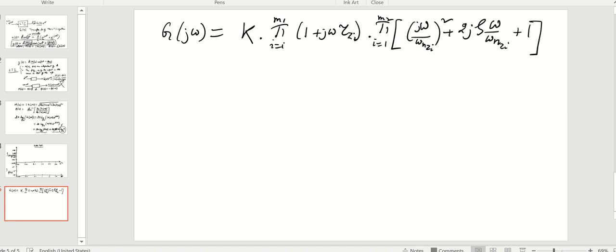Okay, so that takes care of m1 real zeros and 2 m2 complex zeros. All right, divided by, again by the same token,